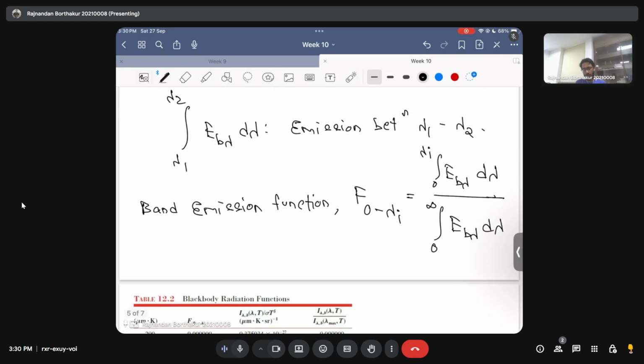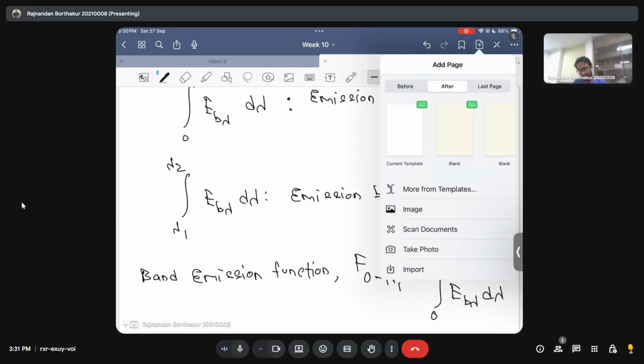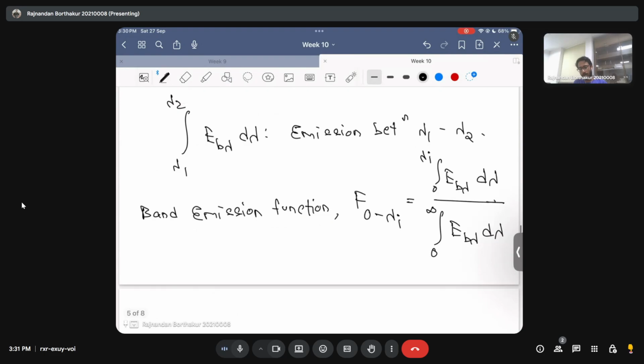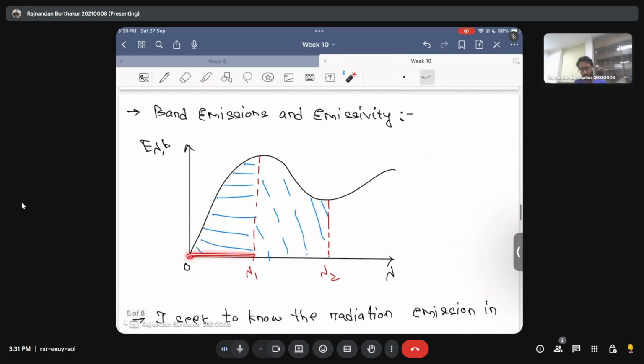Okay, so I hope you can now interpret physically what this band emission function represents. It says that out of all the possible emissions taking place from wavelength 0 to infinity, what is the fraction that lies in the band 0 to lambda I? For instance, when I becomes equal to 1, the band emission function basically gives you the